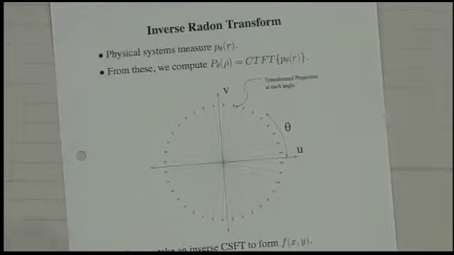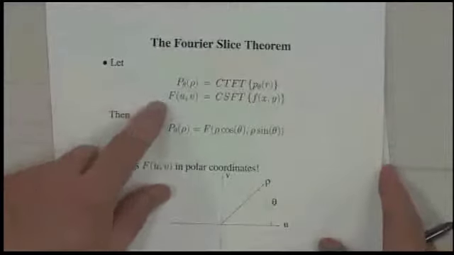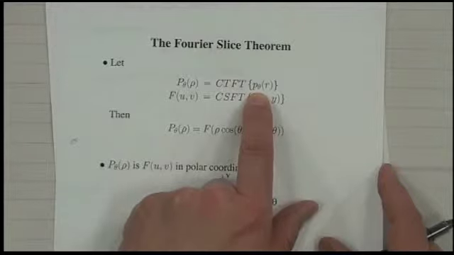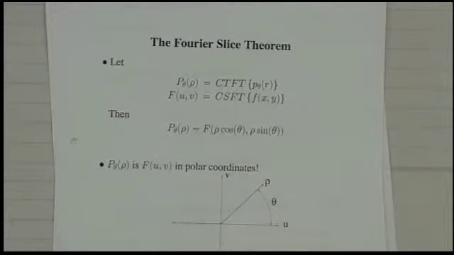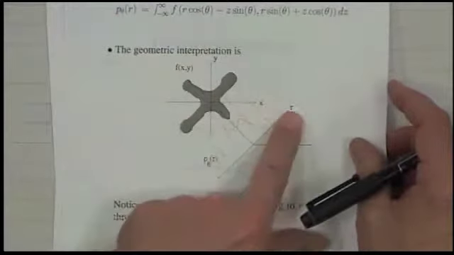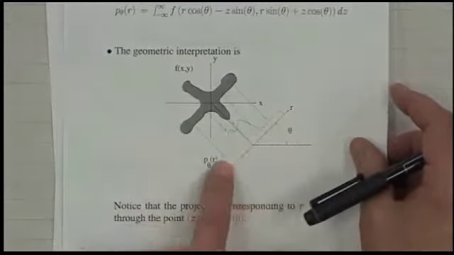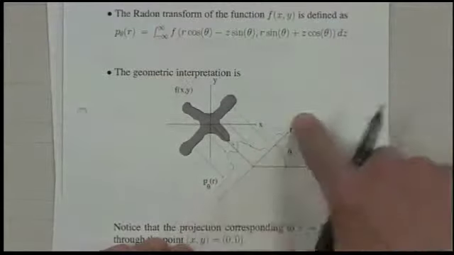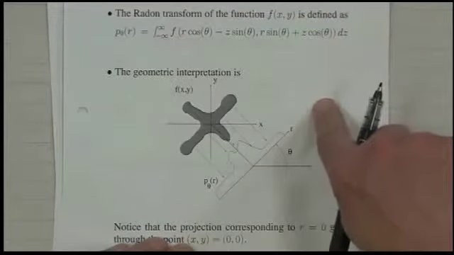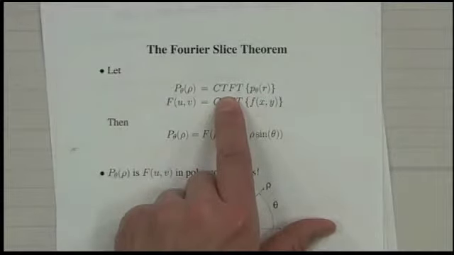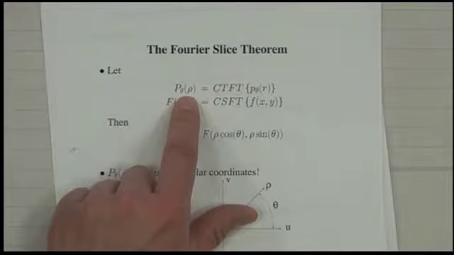The Fourier-Slice theorem. Okay, the answer is this, the Fourier-Slice theorem. It says that if you take the continuous, see, this is the projection at a particular angle, right? R is the displacement. So let me just put the picture up again. This is the object. At a particular angle, we take the projections, which we can get, and so we get a function of R. So we take this 1D function, and we take the continuous time Fourier transform of this 1D function, okay? So that's this. We take its continuous time Fourier transform, so the transform variable in frequency is rho.